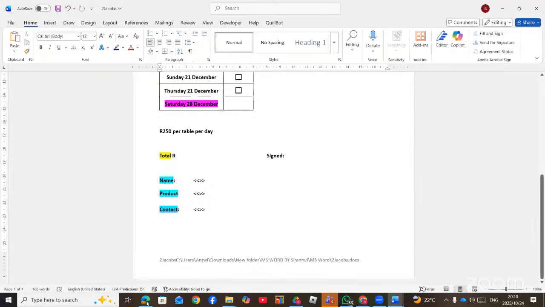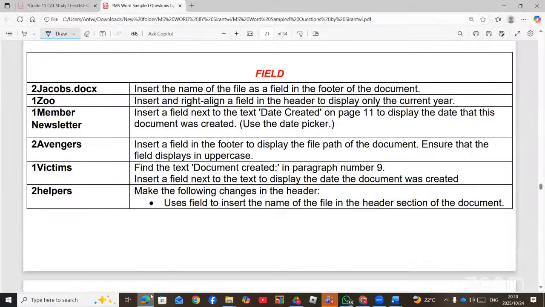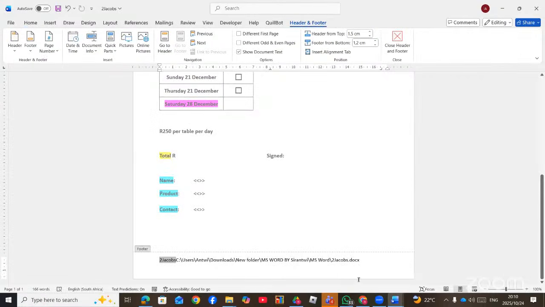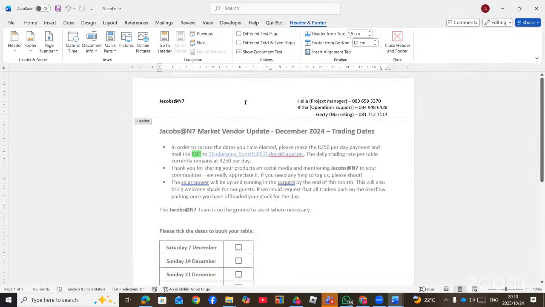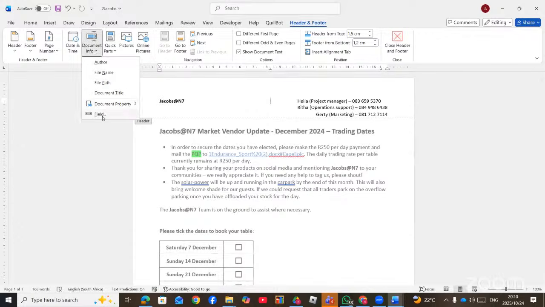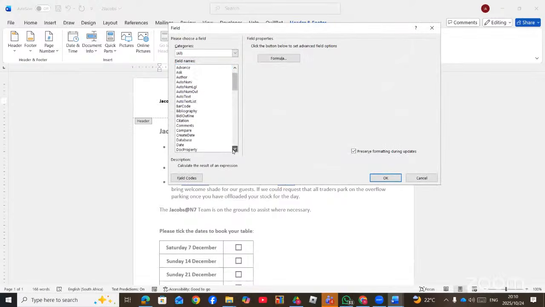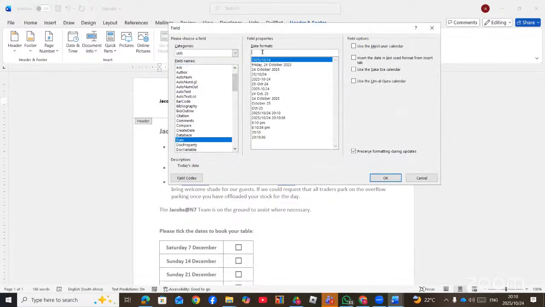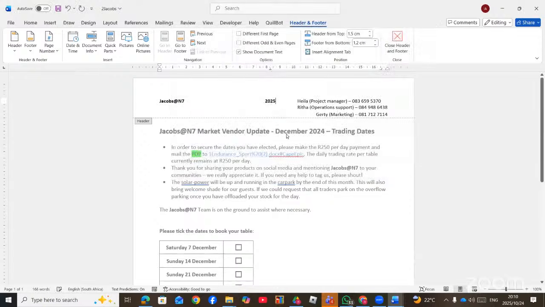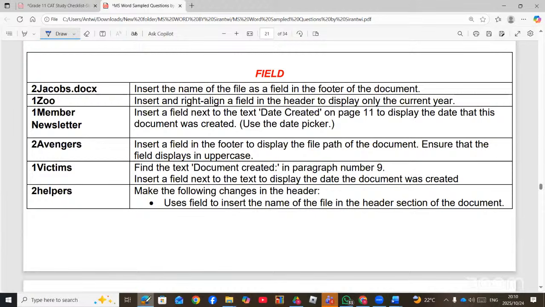Right. And then also the current year, like we talk about it. If they say insert a current year, when you go to the footer, or let me choose the header, then you see here document info field, then you choose the current date, which is date. Then they want only the year, so you type 4Y and then okay. So if they say field, don't type the 2025, you must use the field. Right, again,